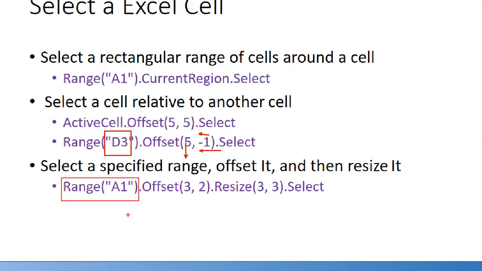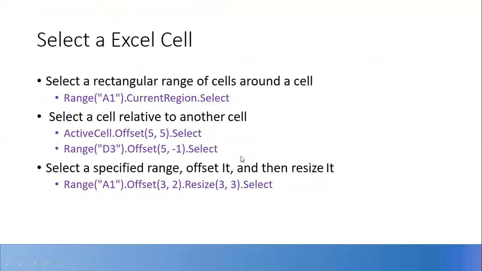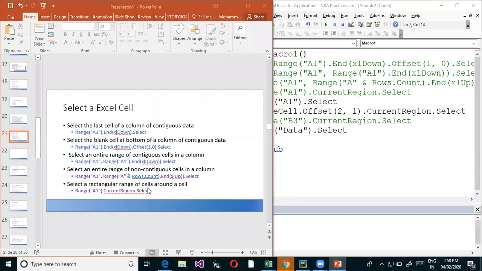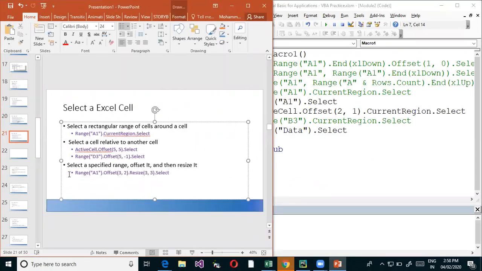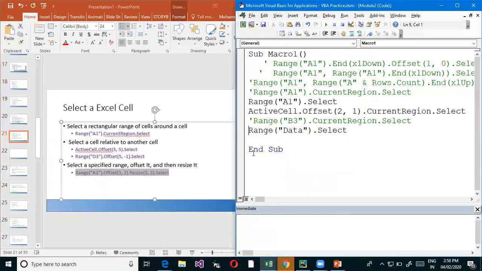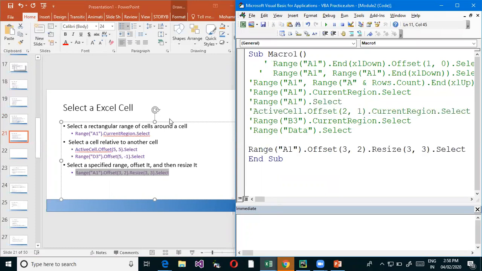So go to range A1. From there, offset. Offset is move ahead. So here we are telling it to go 3 rows down, 2 columns ahead, and then resize: select 3 by 3. So what will this do? I'll just comment off all these things. Now, if I run this particular code,